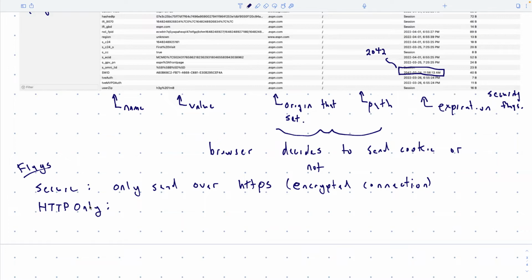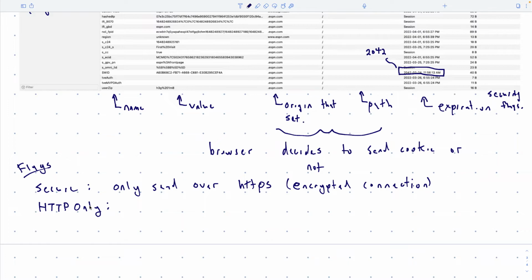Okay, so this does not refer to that, but you would think it, given the definition of the other one. With HTTP only, if you went over HTTPS, it would still send the cookie. So the name has nothing to do with HTTP as opposed to HTTPS. It will send it in either case. What it has to do with is HTTP/HTTPS as opposed to something else. So what else could there be that may